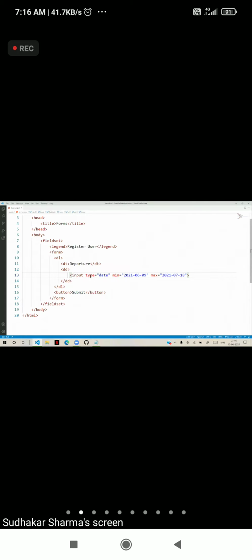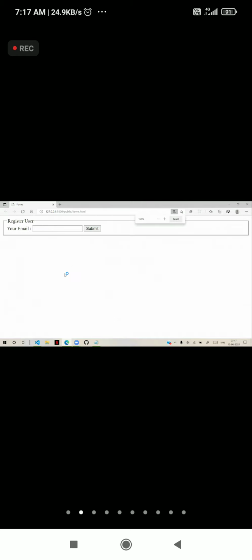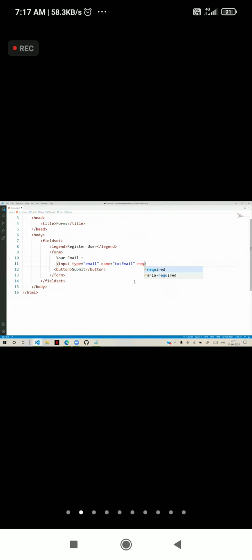So email, URL, color, this is nothing but input type. Email by default has the ability, actually. Suppose I say your email, we have input type email, and name is txtEmail. The specialty about input type email is that, by default, it has some email validation. That means we can use additional attributes like required.